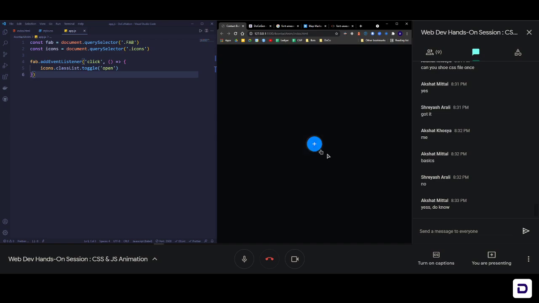So let me know in the chat box if it's working for you or not. Those who were following along, let me know that after writing these 6 lines, is it working? Is it opening? Okay, Akshat says yes, great.